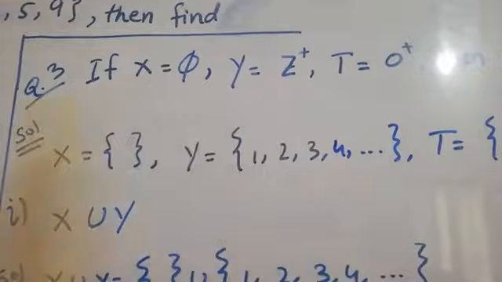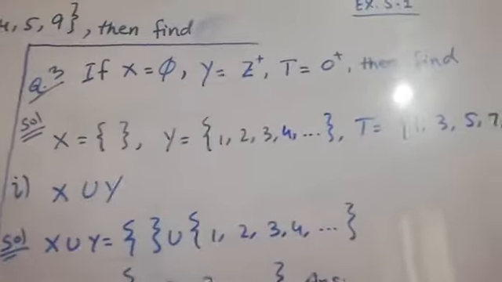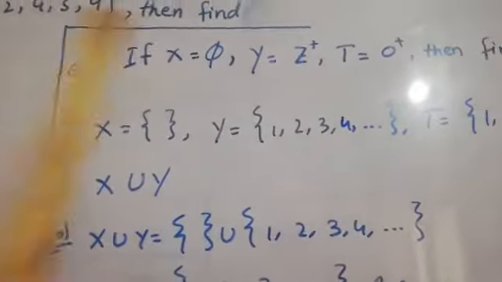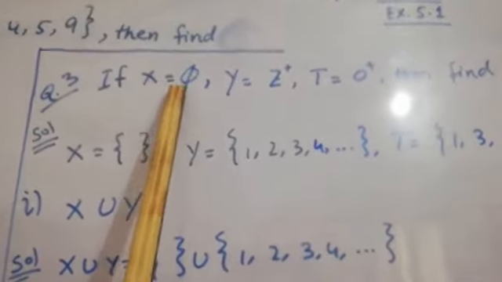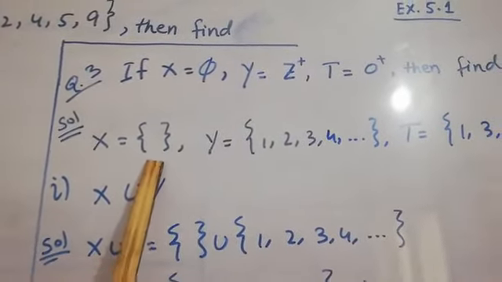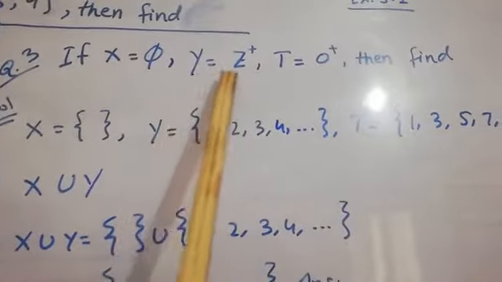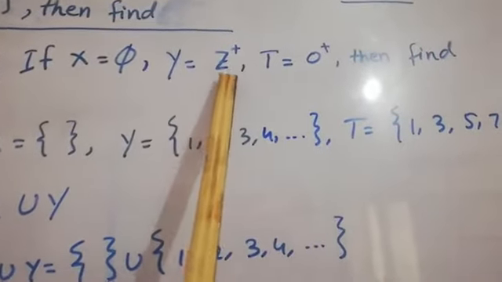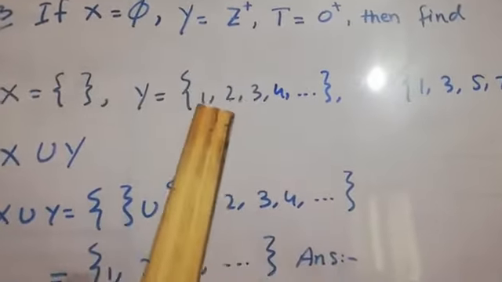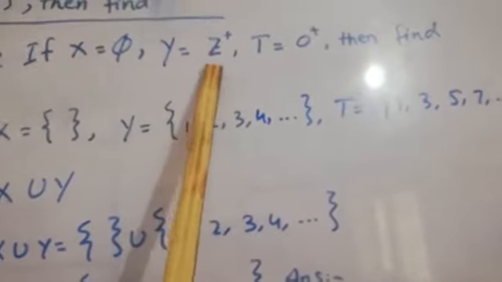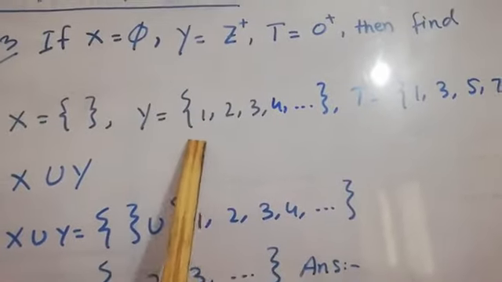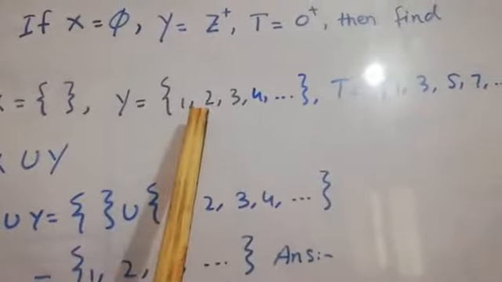If x is phi, null set means, dear student, a set which has no element. The set which has no element is known as a null set, void set, phi set also. We can write phi as {} and as ∅ also, as you wish, okay? Then y is Z plus, meaning positive integers. You know that the set of integers is plus 1, plus minus 2, plus minus 3. They have indicators that this is positive, so we will start it from 1, 2, 3, 4 up to so on. Remember one thing, that natural numbers and Z plus, positive integers, both are the same.